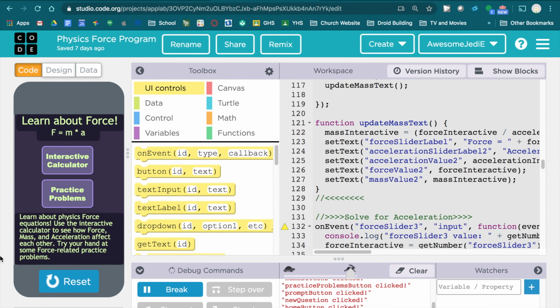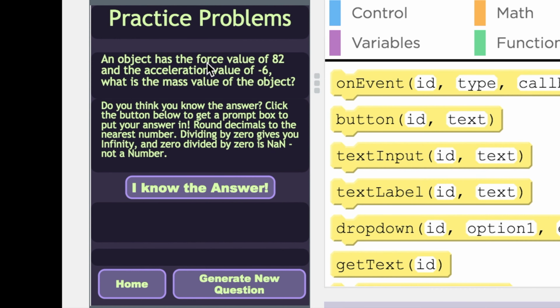Anyways, for practice problems, you can click on that and it randomly generates a practice problem to solve for mass, acceleration, or force. So, in this case, we are trying to find the mass value, and I called it mass value because I would end up getting negative values for masses, and I'm like, well, that doesn't necessarily make sense. Anyways,